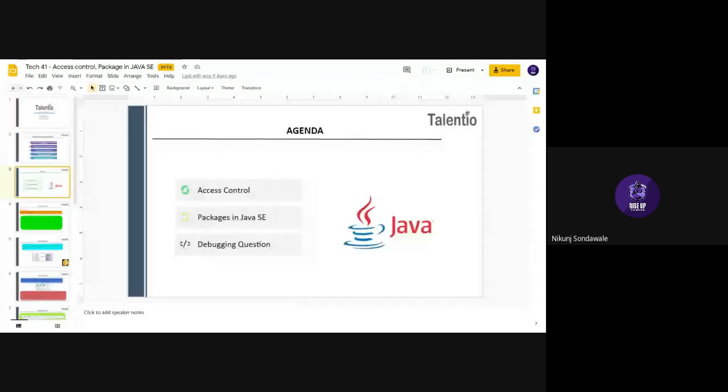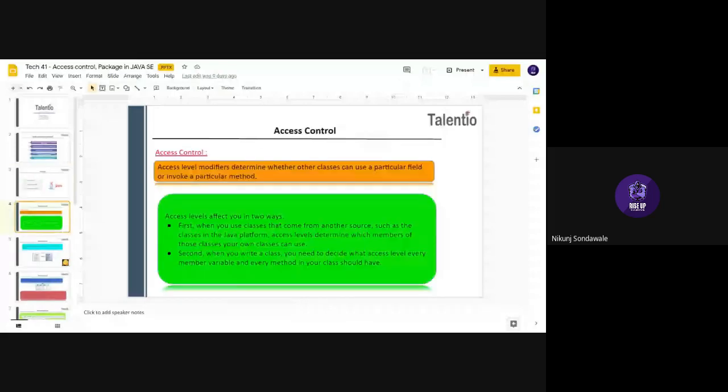Let's get back to today's topic then, which is access control and packages in Java. Access control. Okay, sure. Fine. The access level modifier decides whether other classes can use a particular field or invoke a particular method.